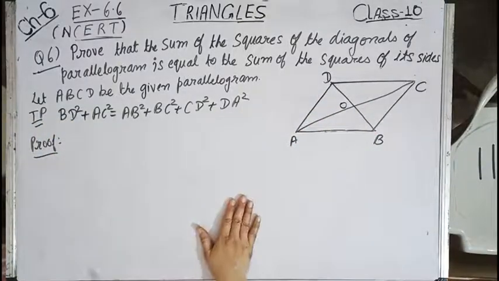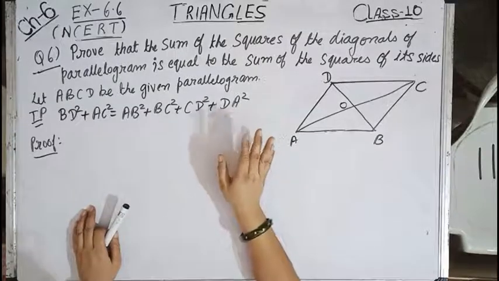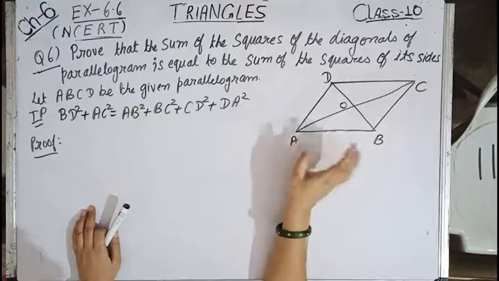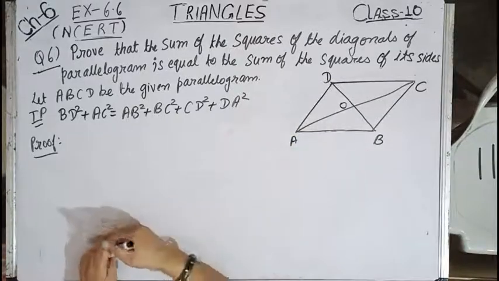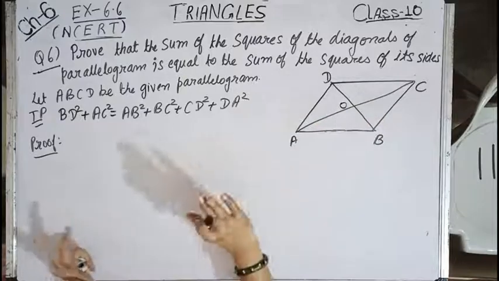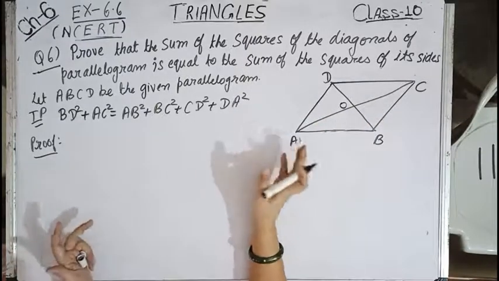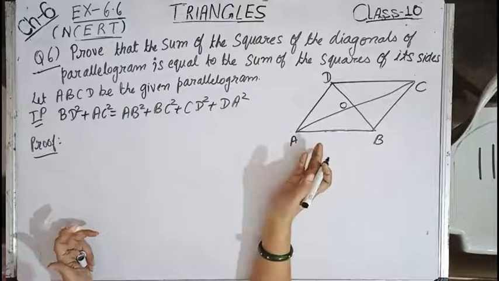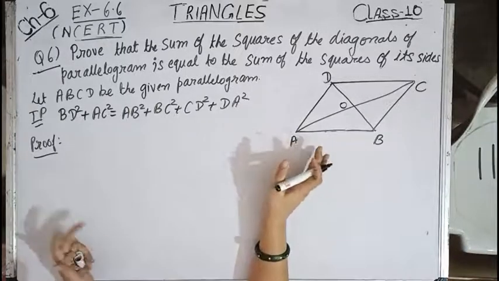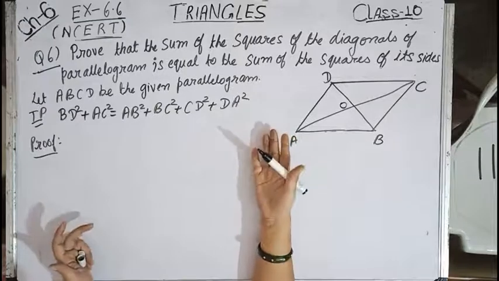Now children, if this question comes under the 4 mark section, whatever I have done in question number 5, you have to do by making a separate figure for this, that is triangle ABC, draw a perpendicular and so on. Sometimes we can use the concept of question number 5 and some teachers give the marks, but it's safer to do question number 5 fully to prove question number 6.